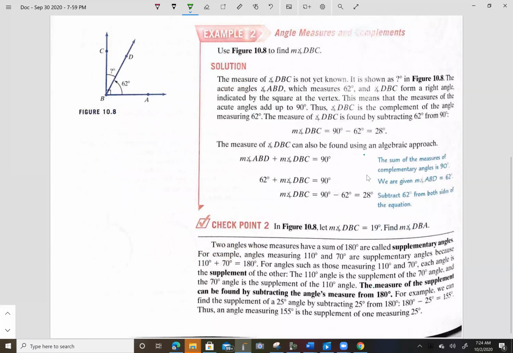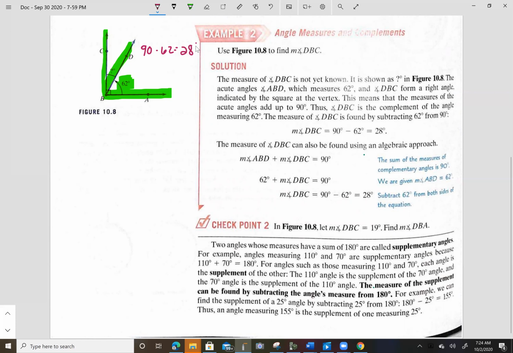So if we're looking at example 2, we're looking at figure 10.8, find the measure of DBC. So I can tell that angles DBC and DBA are complementary because we have that right angle symbol, which means that angle ABC is 90 degrees. If I know that DBA is 62 degrees, then I know that